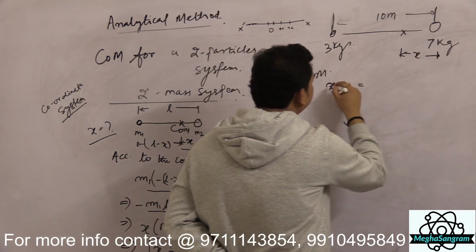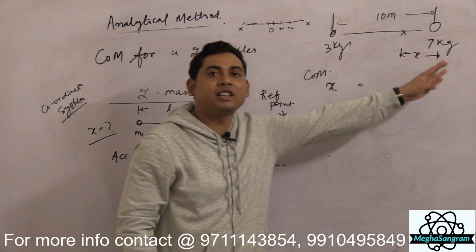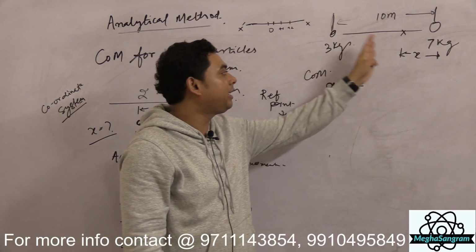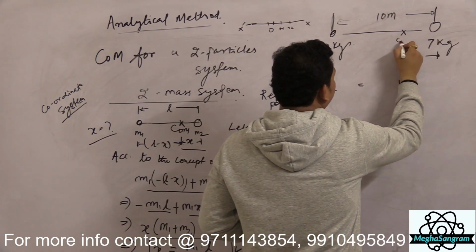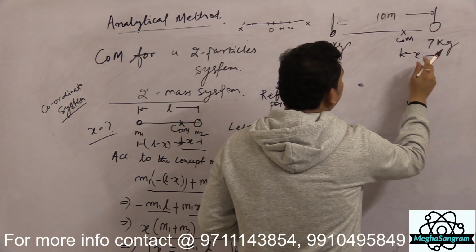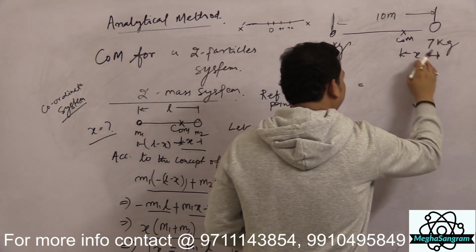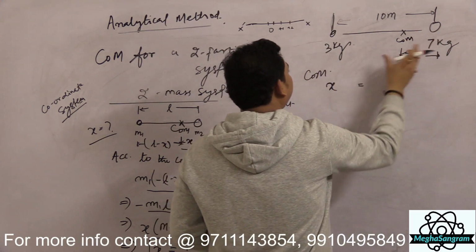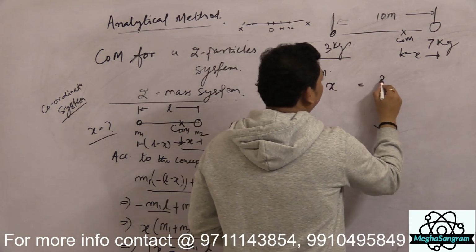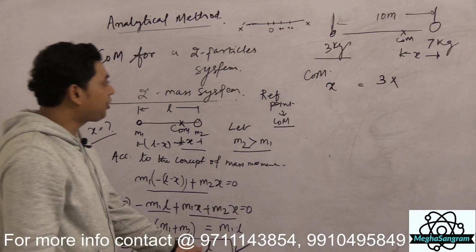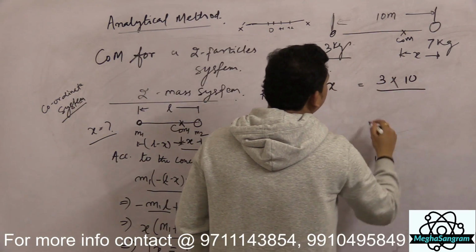from the, x means distance, from whichever mass; it is not necessary that you take it from the heavier one, you can take it from the lighter one also. Alright, so let us assume that the center of mass is located at x distance from 7 kg. Then if I have taken the assumption from here, when I calculate I will consider the opposite mass. Okay, so 3 into, like I said, the distance between the bodies, that is L, which is 10 meter here, divided by the sum of the masses.